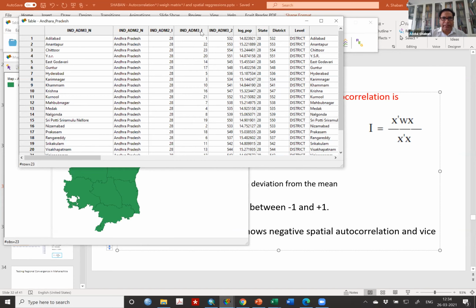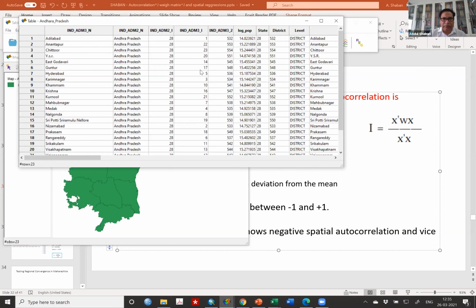This admin 3 1 2 3 4 5, there is no repetition, because 23 districts are marked with the numbers 1 2 3 4 5 6 7, as you have merged it, no? Admin 3 1. So India admin 3 1 we will use, because this other one may also be repeated. So we will not use this.